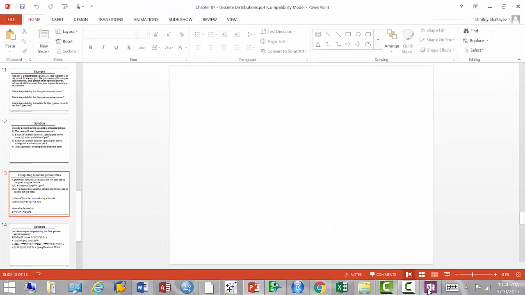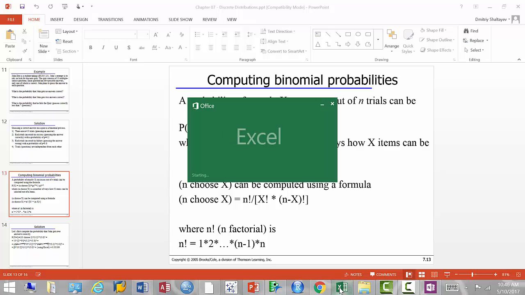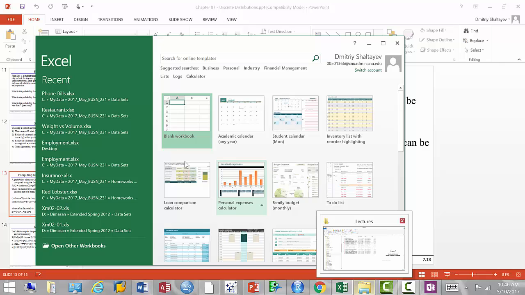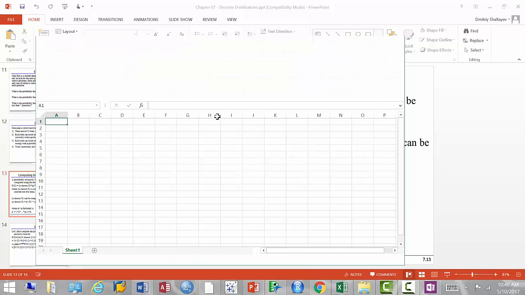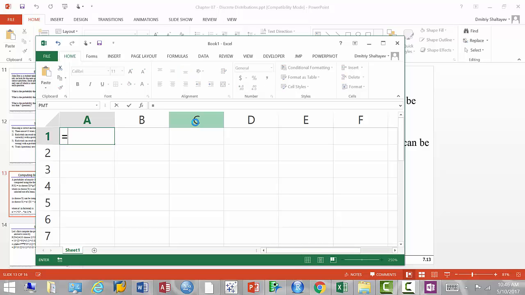So let's switch over, go back to the screen, and now I'm going to use just Excel in order to calculate the probability. All right? Let me make it bigger. All right. So here I'm going to just type the formula. Right? 45, that's my 10 choose 2, okay, multiplied by 0.2 squared, that was 0.04, and multiplied by, how do